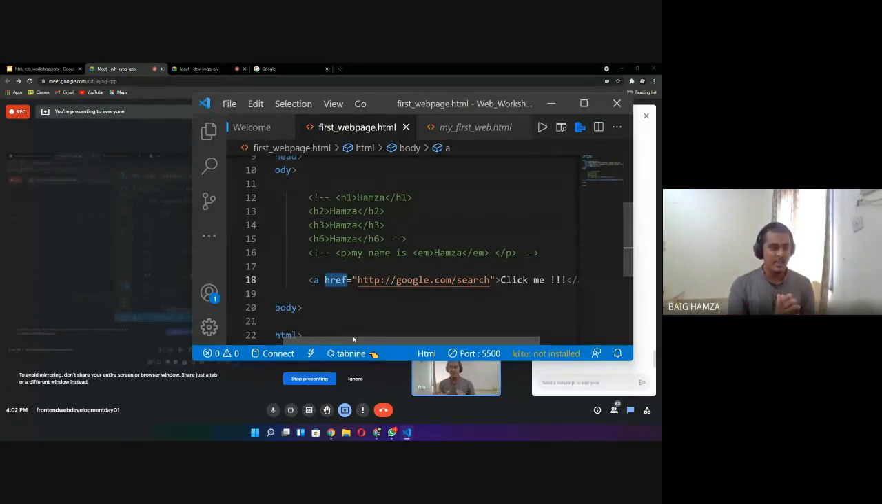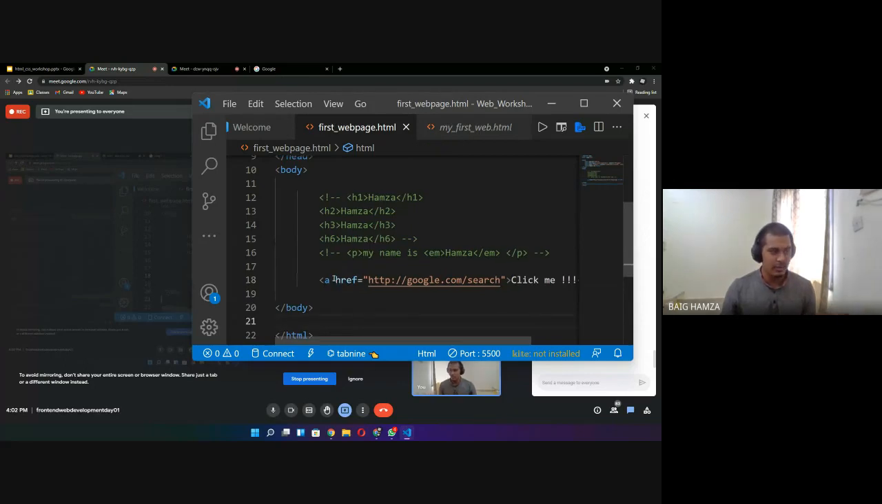But just to keep this workshop basic, we are going to use the simple and the most useful one, which is the href attribute. Now this attribute has a value. For example, my weight is an attribute. Now weight has a value too, right? For example, if my weight is 80, then this 80 is the value. So similarly, the value we pass in href is the URL to